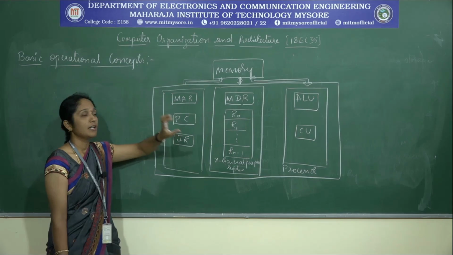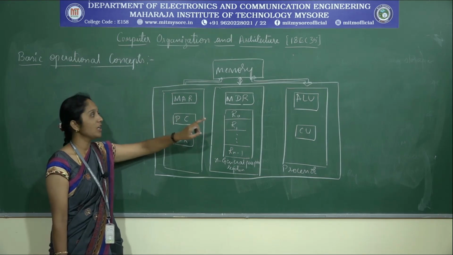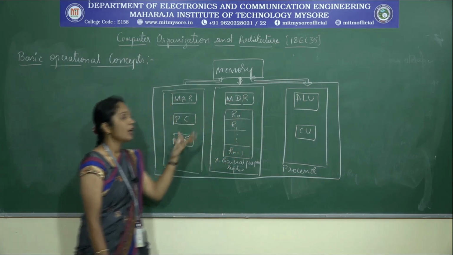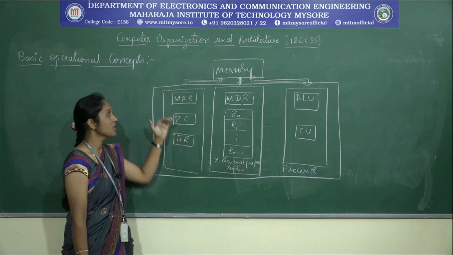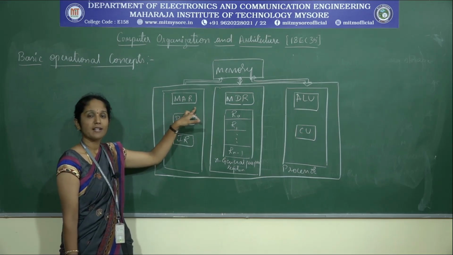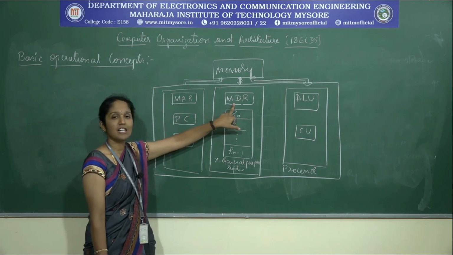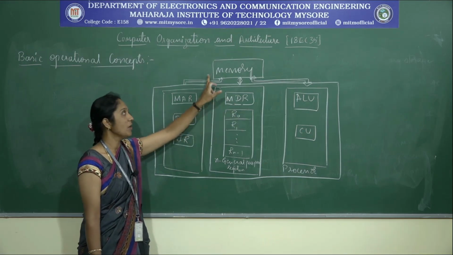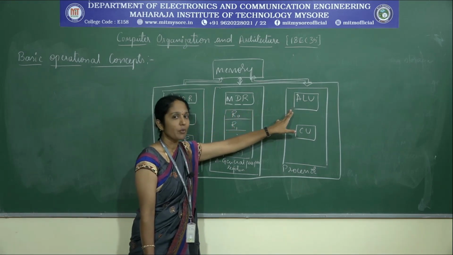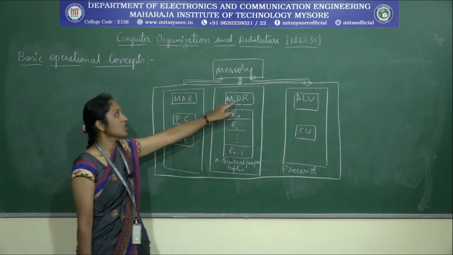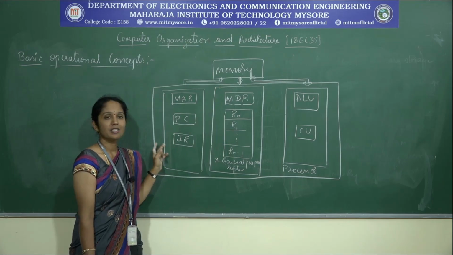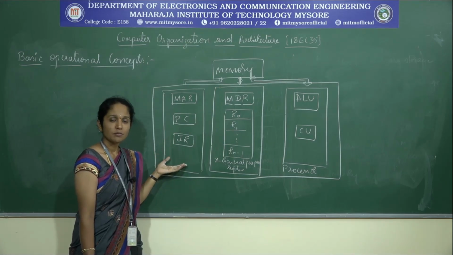Now we have the operand which is required by the ALU in MDR. So MDR will transfer the data to the ALU, and if you have more than one operand, this will repeat. MAR will contain the address location of the operand, and once the time required for accessing the memory has elapsed, MDR will contain the data present in the memory location specified by the MAR, and that will be given to the ALU in order to perform the required operation. Usually the contents of MDR will be transferred to any of the N general purpose registers, so that the operation will be fast.